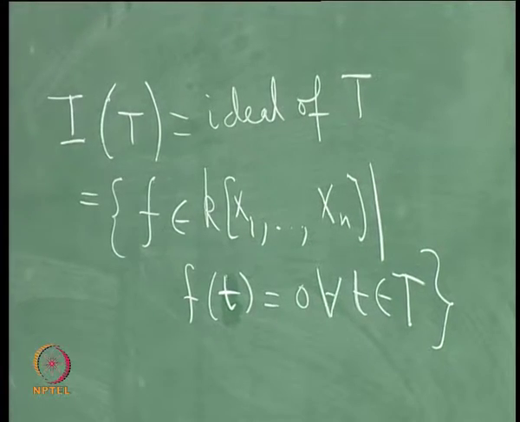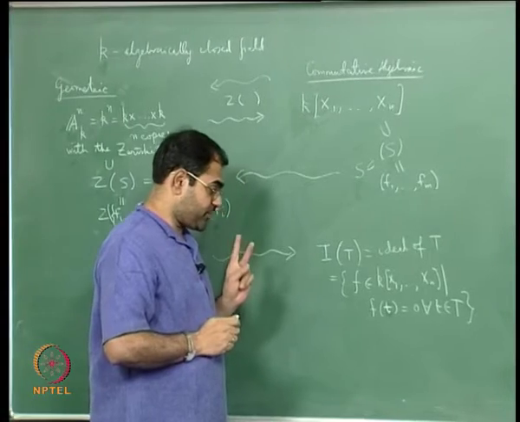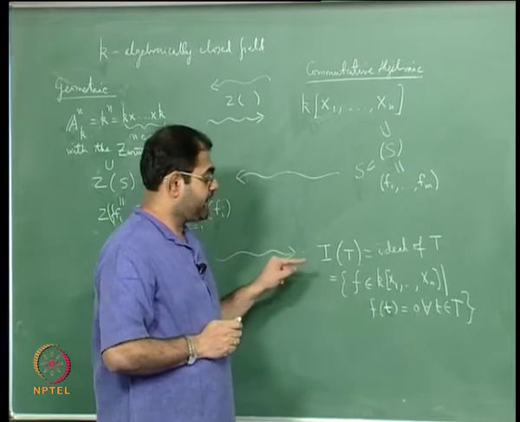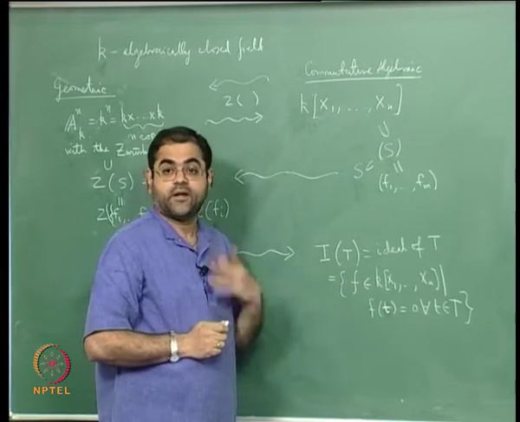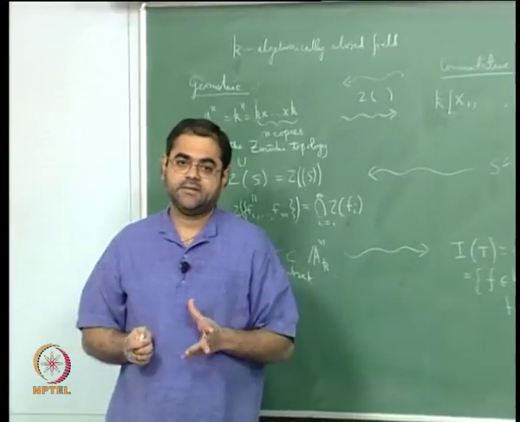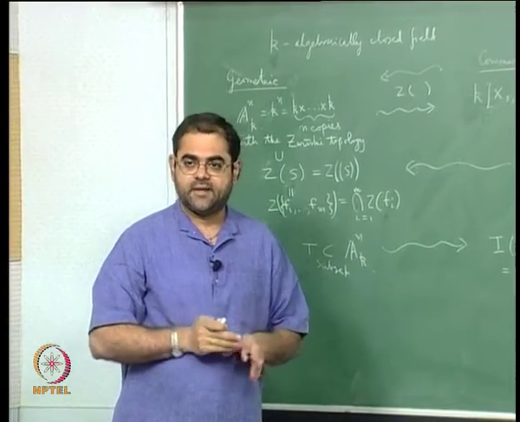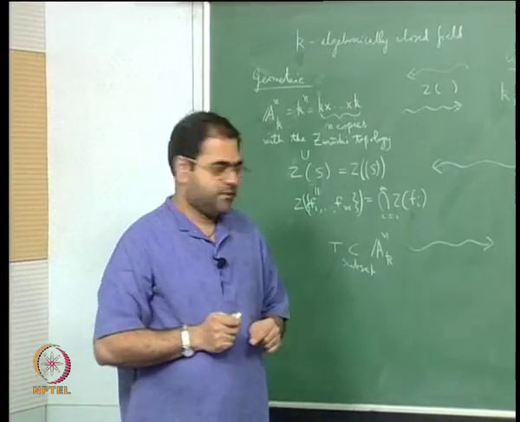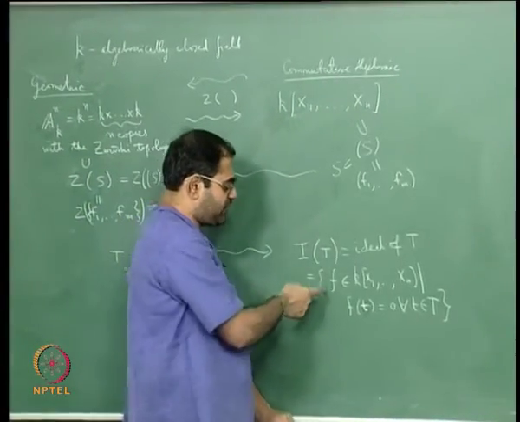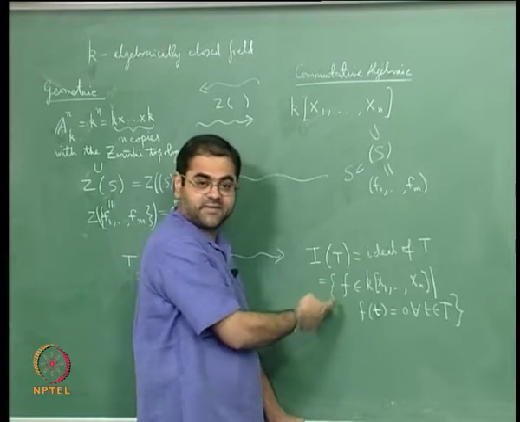So there are two statements I want you to understand. First thing is I am defining a set and I am calling it an ideal, okay. In general that is not correct. I can define a set, then I have to verify it is an ideal, okay. But if you really look at this definition, it is obvious that it is an